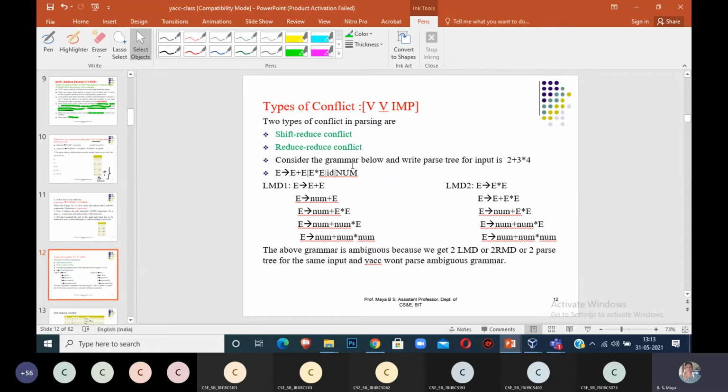Can you observe? See, consider the grammar below and write the parse tree for the input 2 plus 3 star 4. For the given grammar, E derives E plus E, or E star E, or ID, or number.